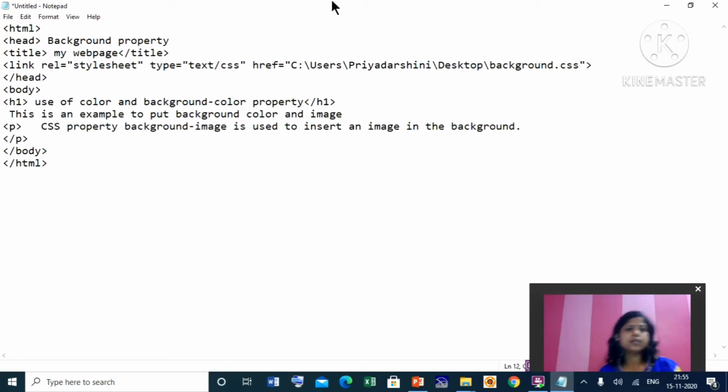This is our HTML file. Body is there, h1 is there, and paragraph is there, because in the style sheet we have defined the formatting features for these three elements or selectors. So save it.